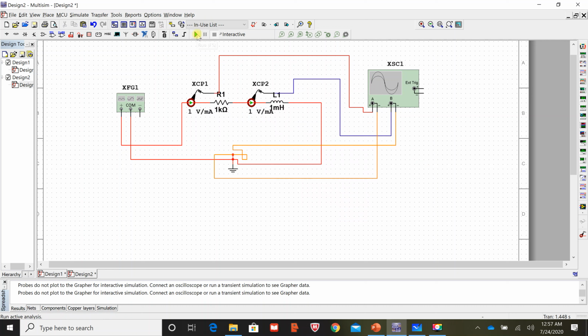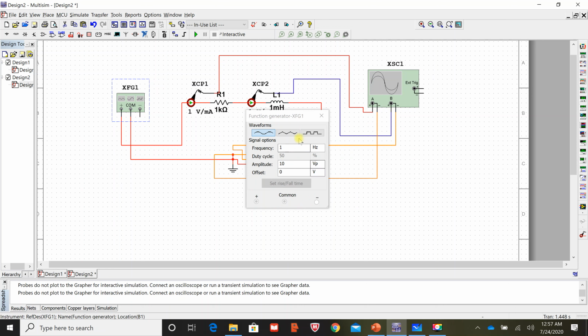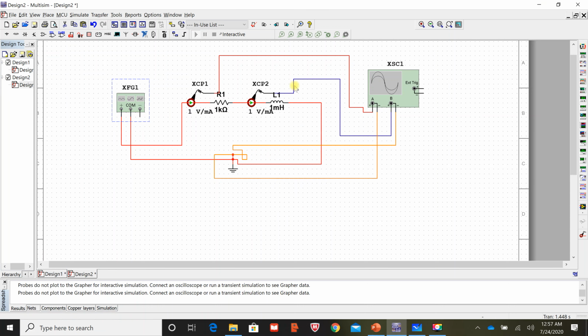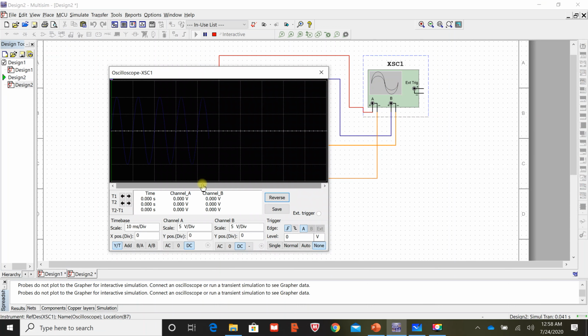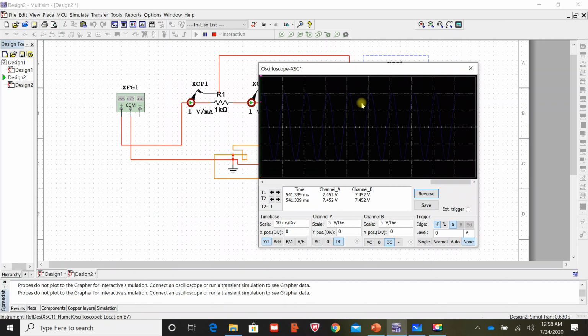Let's try to simulate it. Input के ऊपर frequency हम थोड़ी सी high set कर देते हैं. Let's set it to 100 Hertz and let's simulate it. Right, तो मेरे पास अब करंट वेवफॉर्म जो है ये मुझे बता रहा है आउटपुट की. राइट, इसको अगर मैं चेंज करना चाहती हूँ इनपुट का,